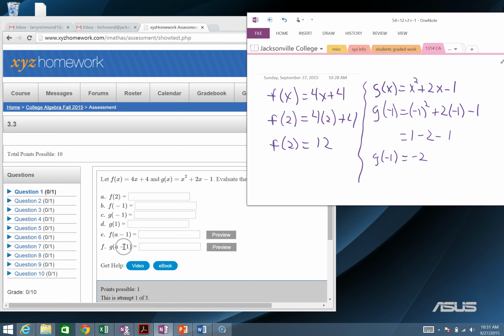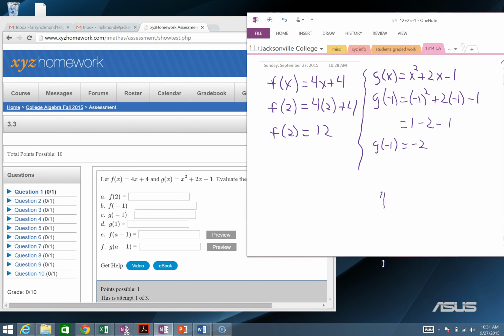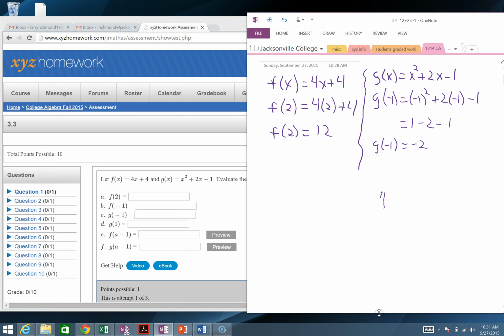I want to go on down and look at this very bottom one. We have substituted a minus 1. This time we are looking to substitute more. We don't have a constant. We have an algebraic expression. We have another variable in here. So again, our function is g of x is x squared